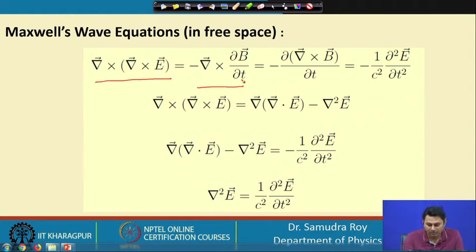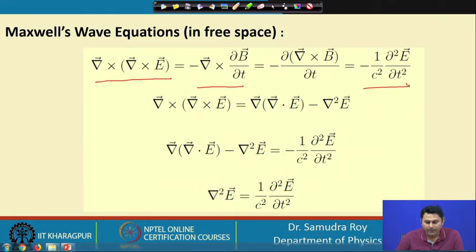Now one can exchange this kind of operator, that means first I make the curl and then the derivative. Here we are making the curl first over B and then the derivative. One can do that when the curl operator and the T operator are independent of each other. In this particular case, they are independent, so it does not matter which operator I operate first. That is why I can do this, and when I do this, curl cross B is now replaced by our next equation, the fourth equation.